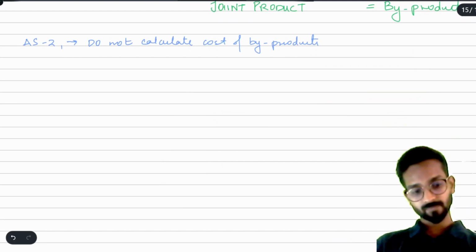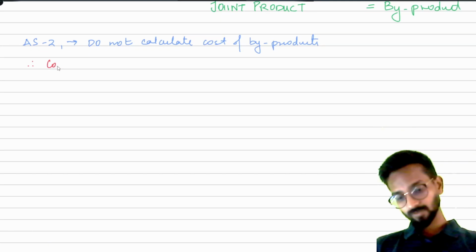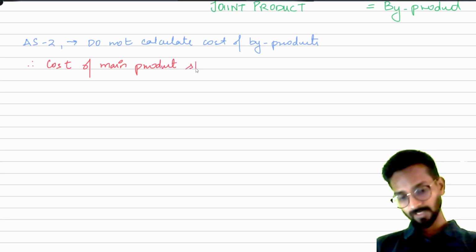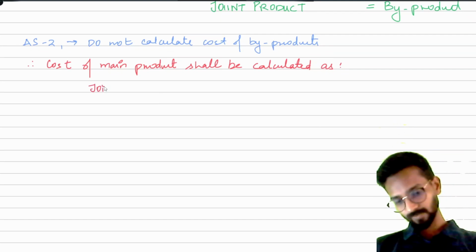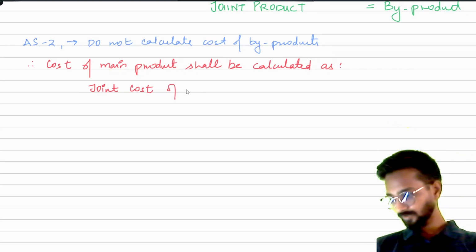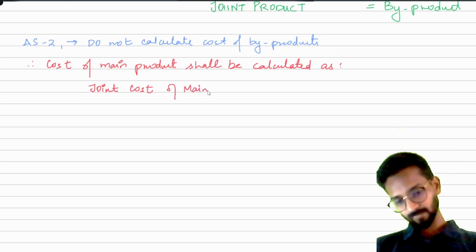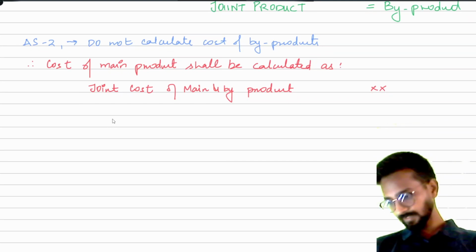You can write here, therefore the cost of the main product shall be calculated as joint cost. Joint cost in our example was how much? 100 rupees. Joint cost of main and byproduct, then less